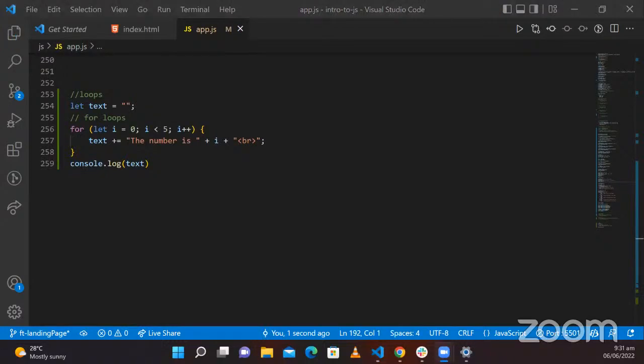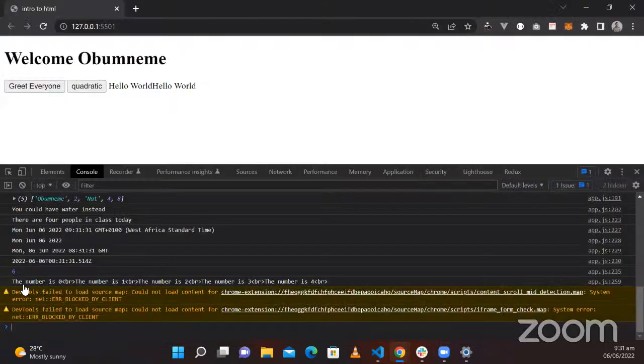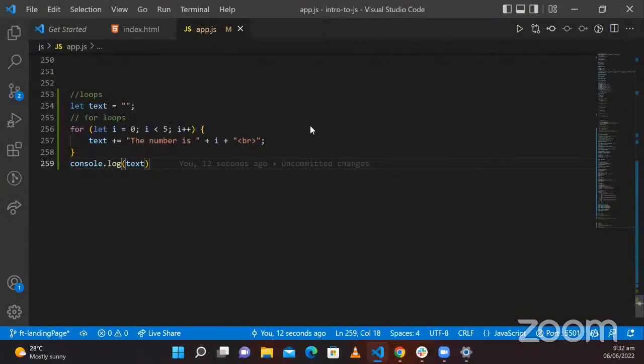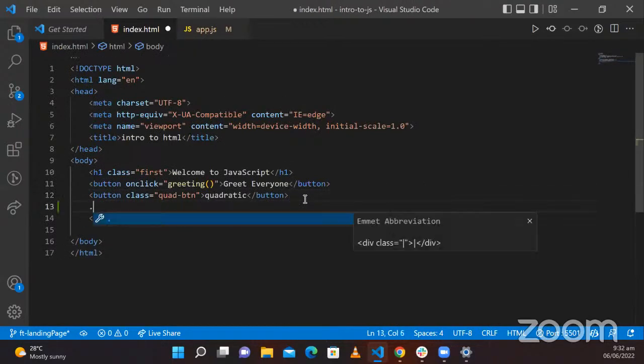Yeah, it's an iteration. So when you check now, it says the number is 0. What this person actually had in mind was to display this on the screen. So let's say, for instance, we now have a